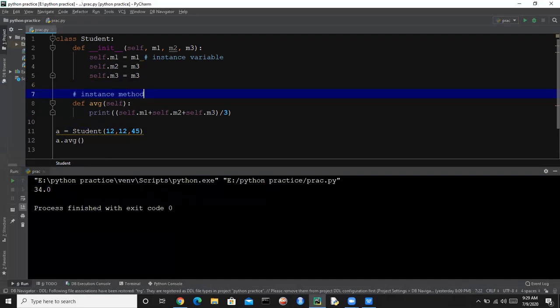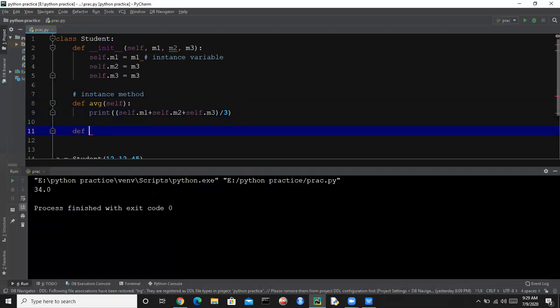There are two types of instance methods. One is accessors and the other one is mutators. If you want to access some instance variables, you can use instance accessor methods for fetching or accessing the value of instance variables.